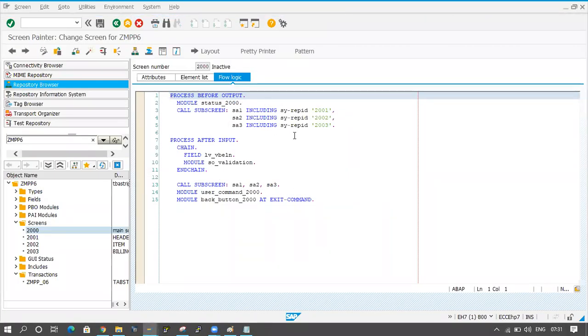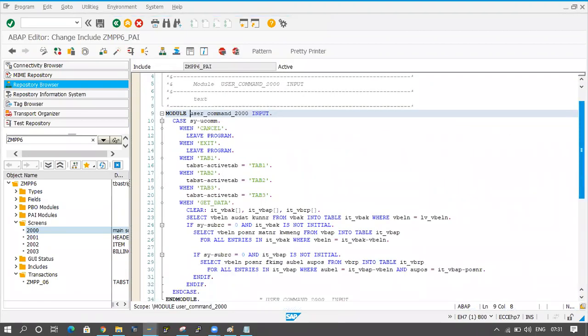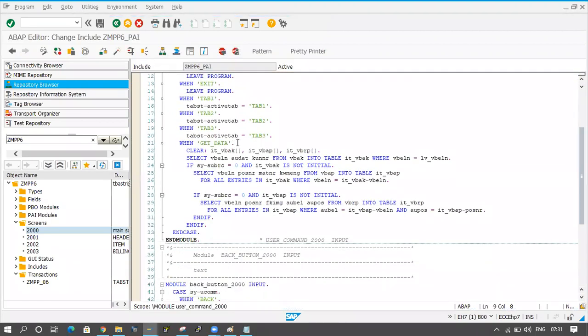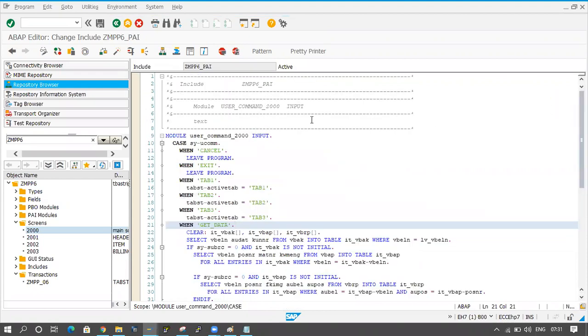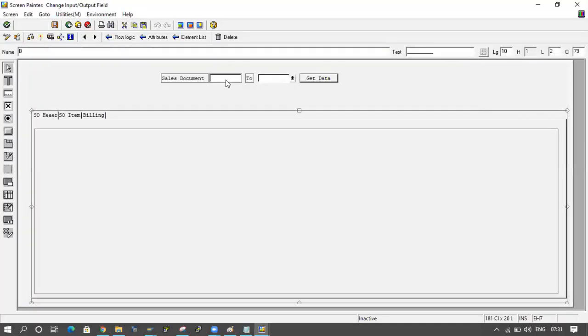So where is the logic for fetching data? If I click on Get Data, I want to do something here before that. The declarations I am not maintaining. In the layout tab, I am maintaining an input field.